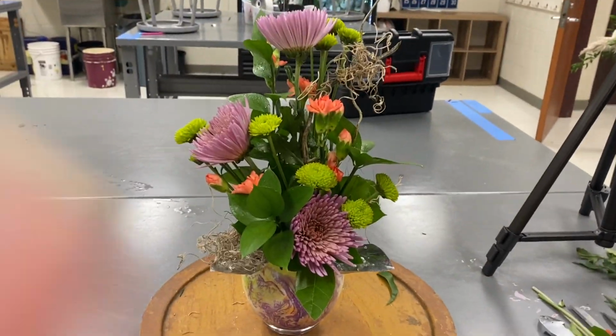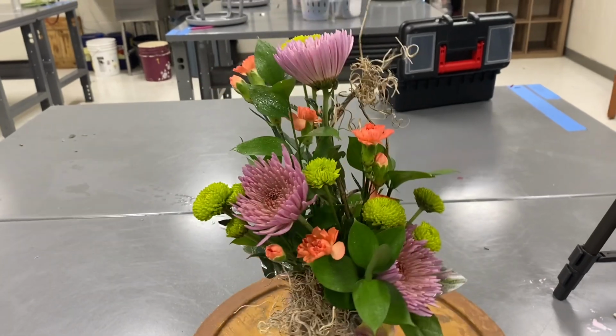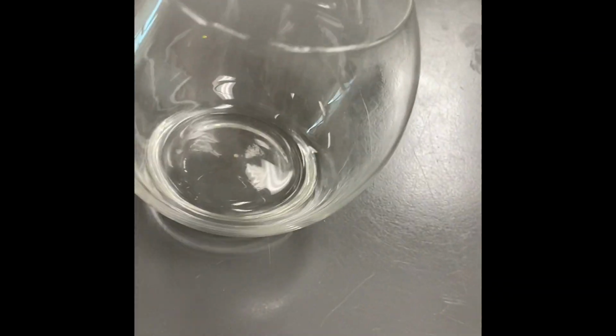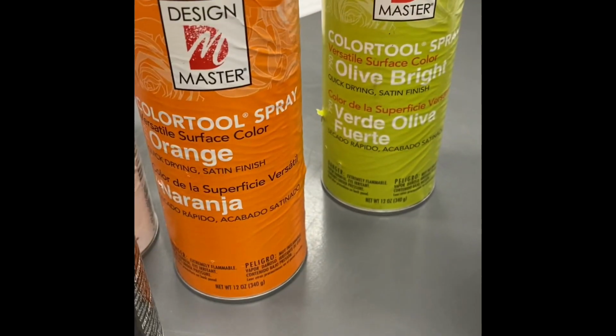We're going to be making this really cool, spooky inspired Halloween arrangement with a super neat container to go with it. To start off, you're going to need a 4.5 bubble bowl, some Design Master paint,